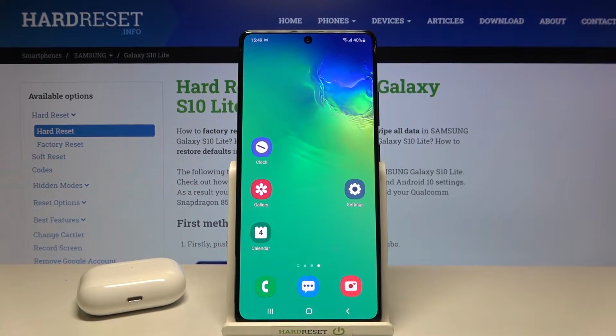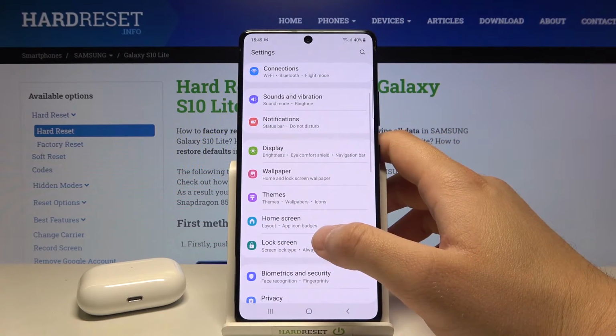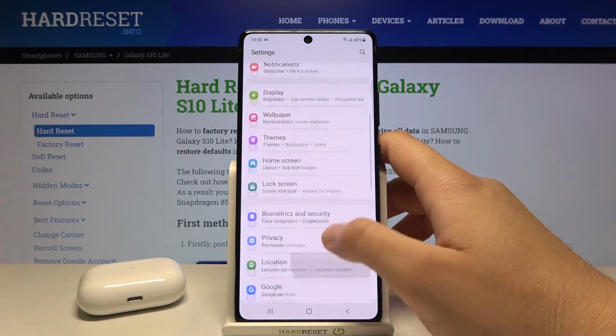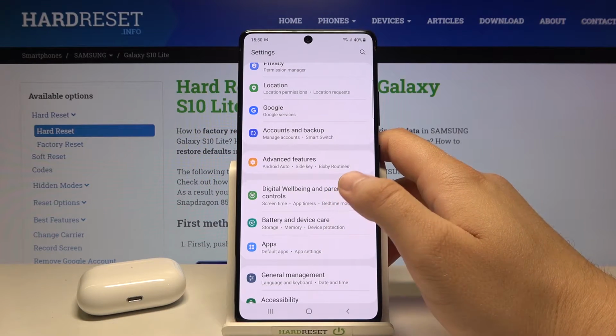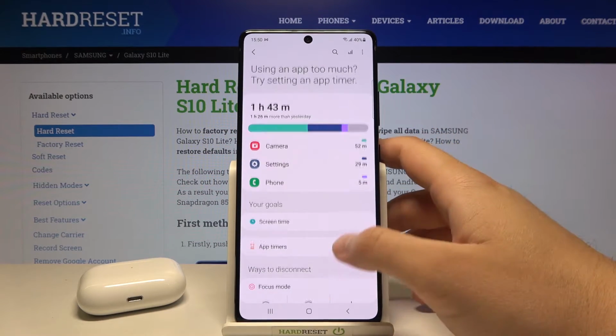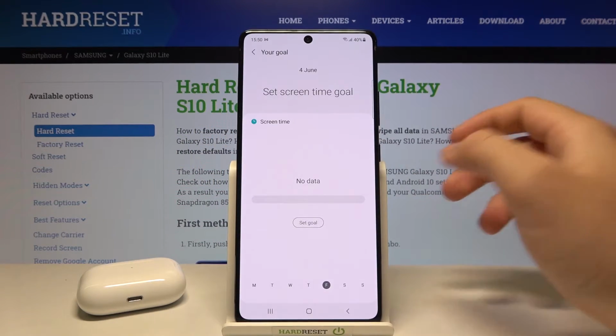Welcome. In front of me I have Samsung Galaxy S10 Lite, and today I will show you how we can check the number of apps opened each day. So you have to go to Settings. Right now you have to go to Digital Wellbeing and parental controls. Right now we have to go to Screen time